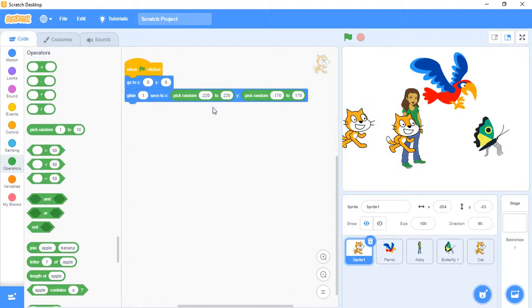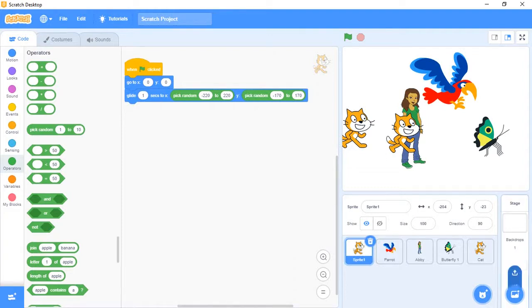It will lie in the range of minus 240 to plus 240. So y coordinates will be in the range of minus 180 to plus 180. You can give any values within those ranges. It will pick by itself. That sprite will pick itself and it will glide randomly. This is about the glide from here and there.